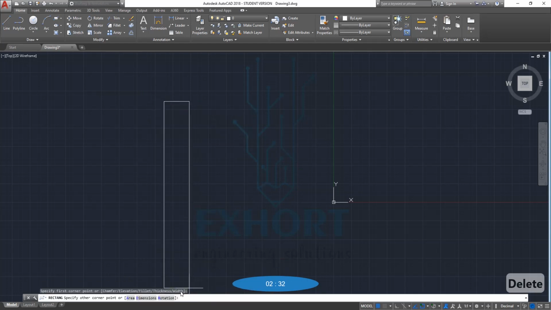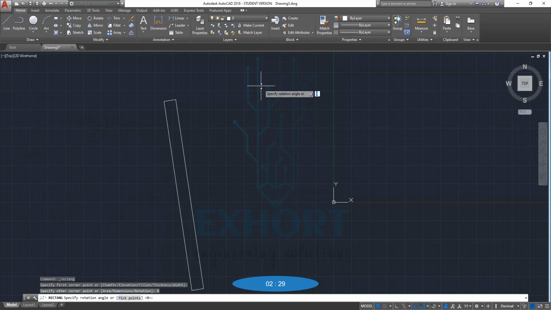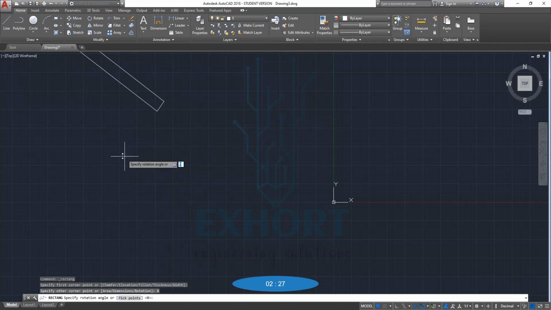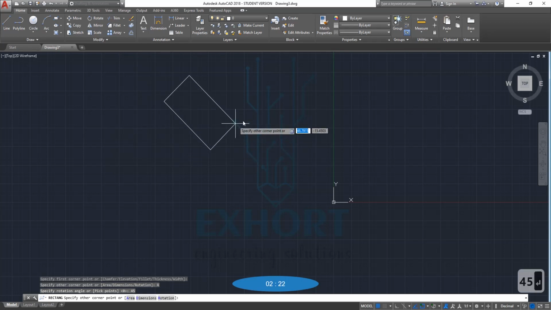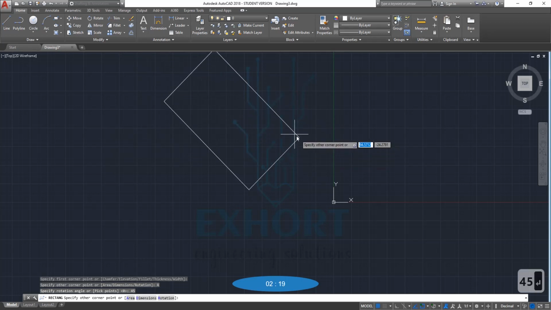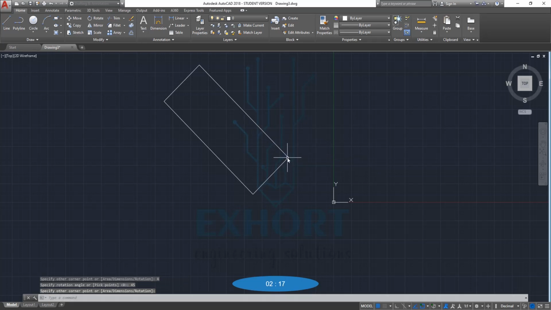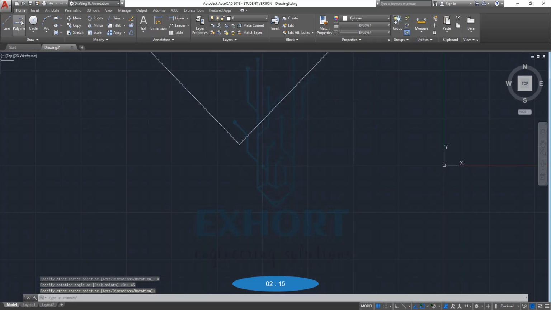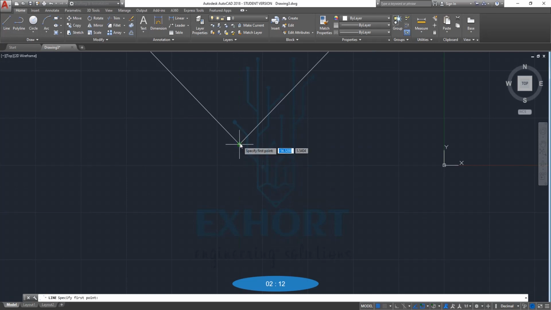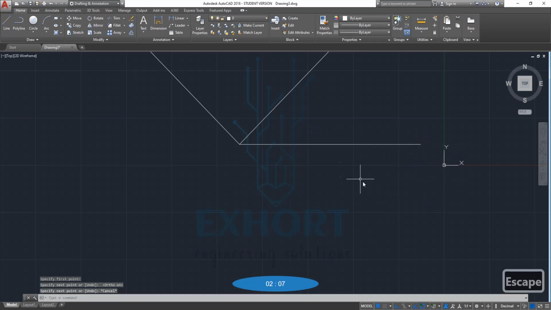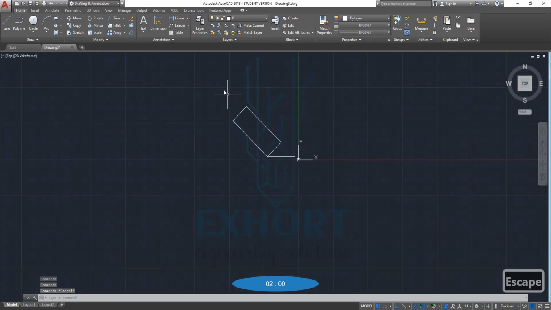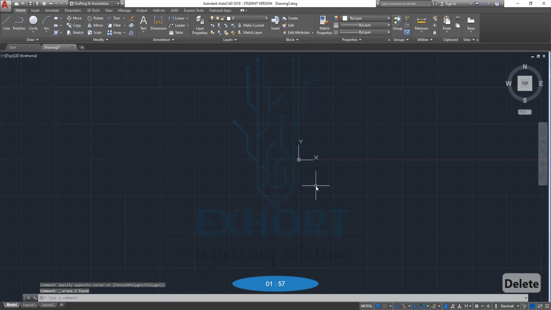Just select the first point, select the rotation. Now here we have to give a rotation to our rectangle. Okay, I will give a rotation of 45 degrees and hit enter. So now you will see here that our rectangle will be drawn at 45 degrees. Just I am going to plot the second point. So 45 degree angle means if we have a line from this point to here, the rotation angle between this line and this line is 45 degrees. Okay, likewise we can draw our rectangles with these various conditions.